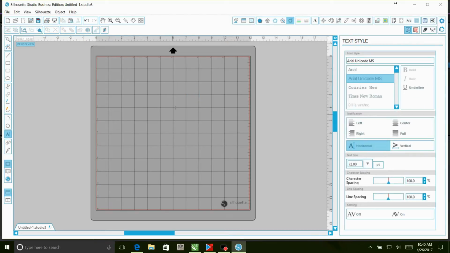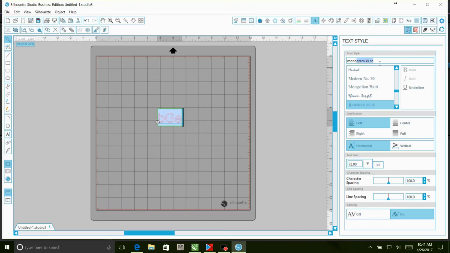So we're going to click right here on our text icon. We're going to use the Monogram KK font, which is available on dafont.com. So whenever we're laying out a monogram with Monogram KK, you start off with your first name in lower, your last name in upper, and your middle name in lower again. Now, I'm going to select this all, go over here to my text and backspace out and type in monogram, and we're going to select the Monogram KK font, which looks good as is, but we're going to go up here and click on our scale window,